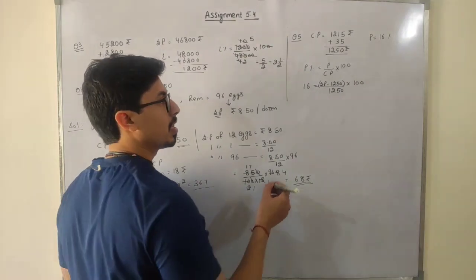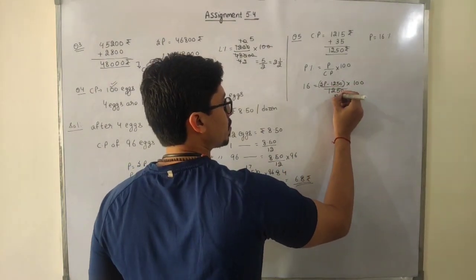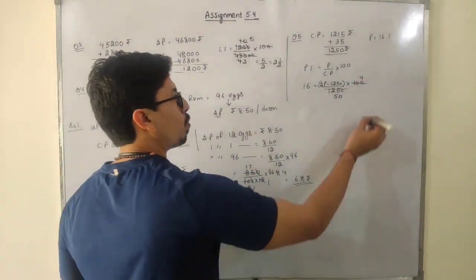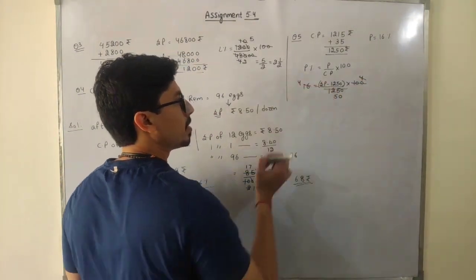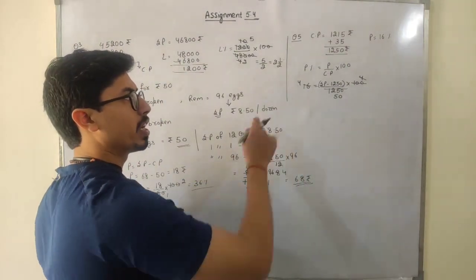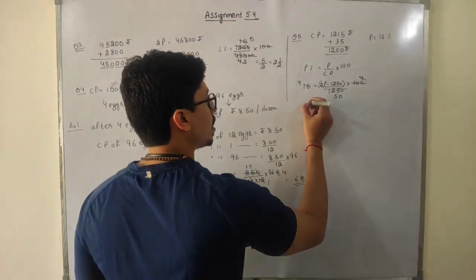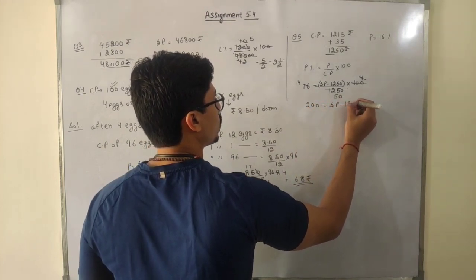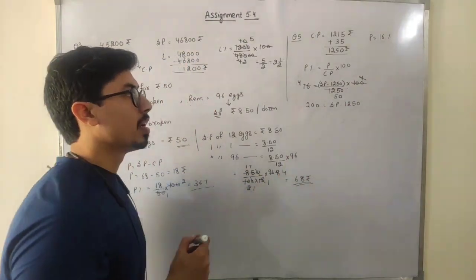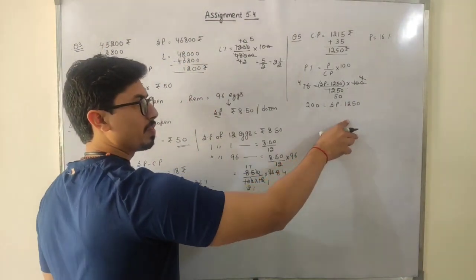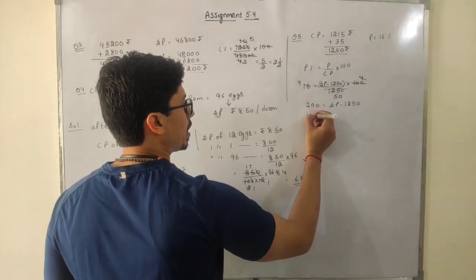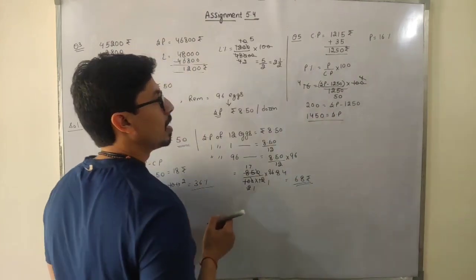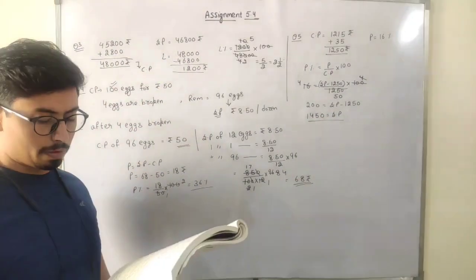Now students, if I just cancel them out, 25 into 5 is 125 and 0. 25 into 4 is 100. So 4 ones are 4, 4 fours are 16. See, this is in division. When it goes there, it will be in multiplication, so it will be 200. So this is selling price minus 1250 rupees. Okay. Now students, this is in subtraction. When it goes there, it will be in addition. So 1450 is equal to the selling price. So this is my required answer. That is question number 5.